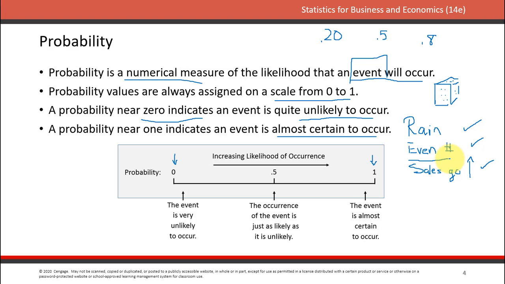The experiment is to roll a die, to take one of these dice and roll it on the floor, and then see what will happen. So we call that the experiment. In this case, it's easy to understand that that could be called an experiment. You just throw the dice on the floor and then see what face occurs. So we talk about an experiment, and then we talk about the set of outcomes that are possible for that experiment, the set of possible outcomes for the experiment of rolling a die.